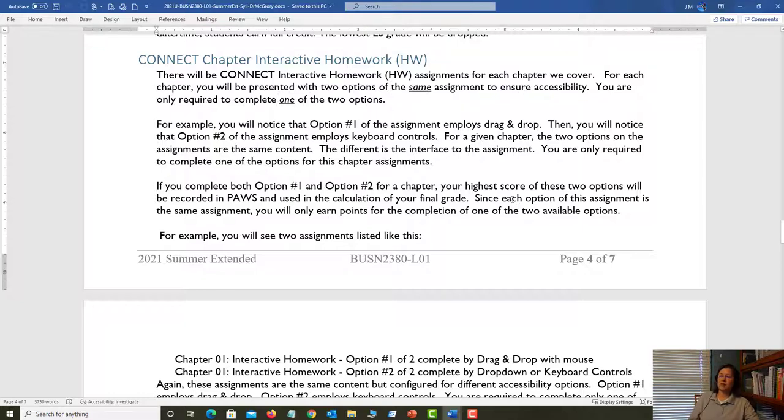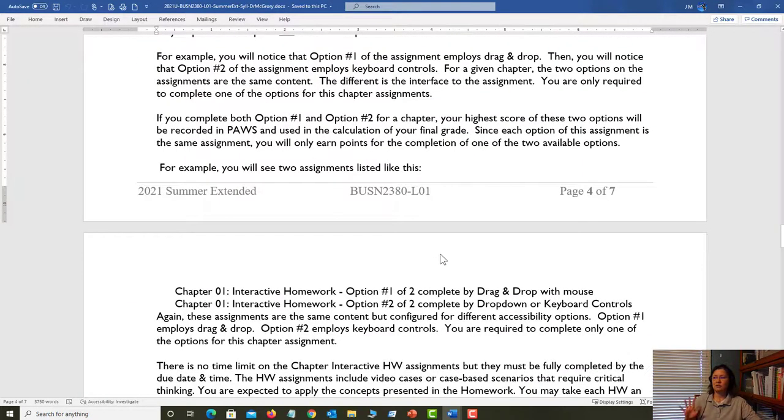Since each option of this assignment is the same, you only earn points for one. Don't do both, skip one of the others, and then at the end of the semester say, but Dr. McGrory, I did both of those interactive homework assignments, and give me points for those. That should count instead. That's not the deal. The deal is as it's laid out in the syllabus. They're the same assignment. You don't get double points for doing the same thing twice, okay? It's about doing each of the different 4 assignments. So you're going to pick one of them, but look at that, I'm giving you your option, and I'm even letting you do both, okay? Lots of opportunities for success here.